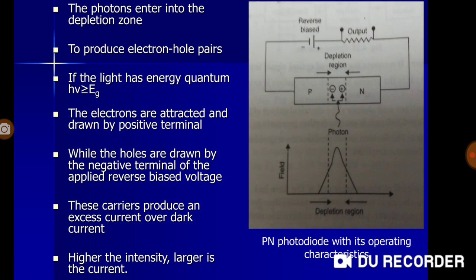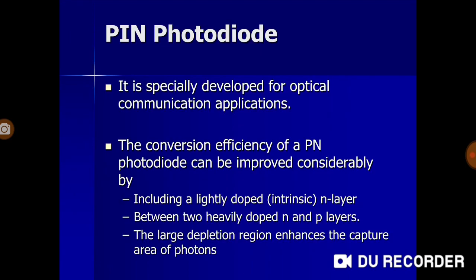Why? Because a photodetector, or a photodiode, is something that takes in light and converts it to an electrical signal. So any incident light is being converted to a corresponding electric signal. That is why this is a photodetector, the basic kind of photodetector. Now we come to the next type, that is the PIN photodiode.